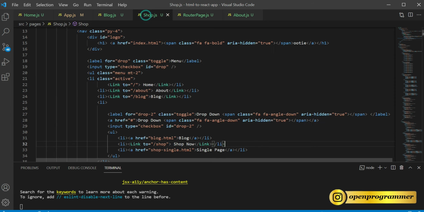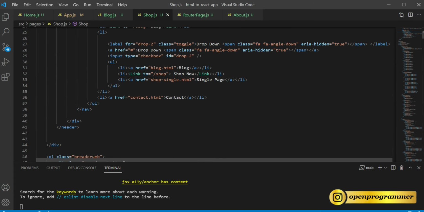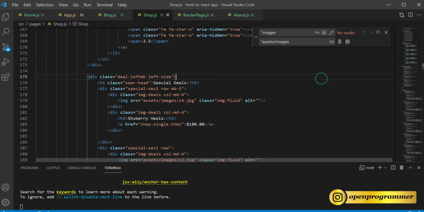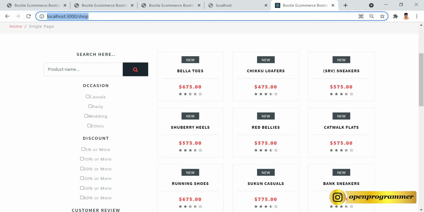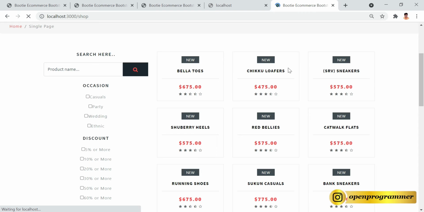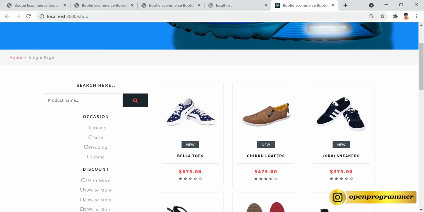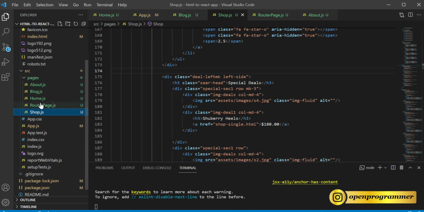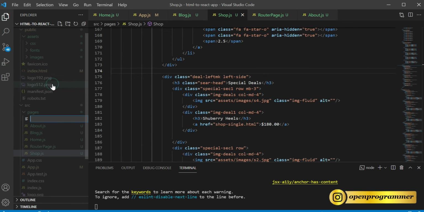So go to your shop.js component and Control F image, and find this and replace with assets images. Change all, reload the page. So now we will see the images. All right. So now let's add another page and name it